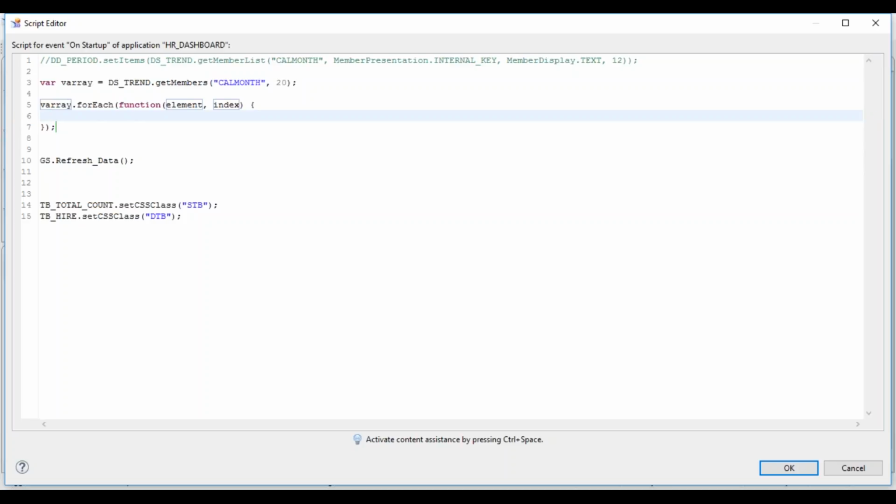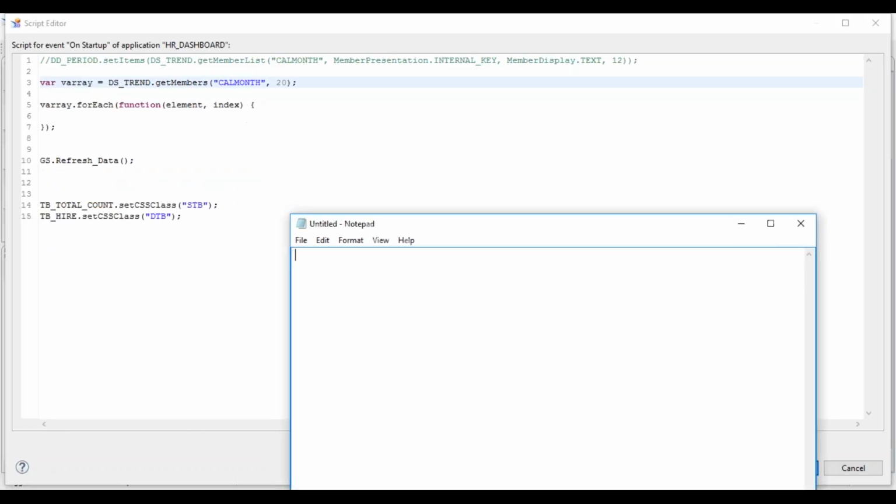For example, this element, in CalMonth we have an array, right? This array will have text and key. For example, array[0] will have one value, the first CalMonth, and it will have text and key, for example 2016 09 and September 2016, like that.